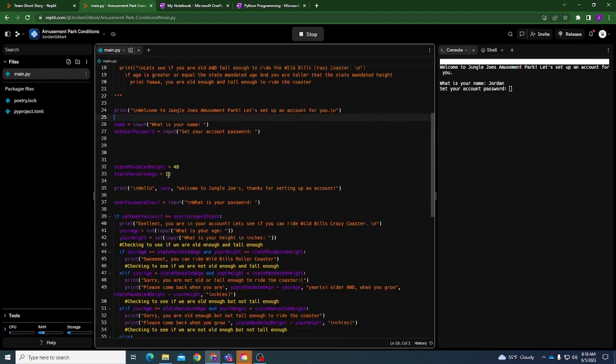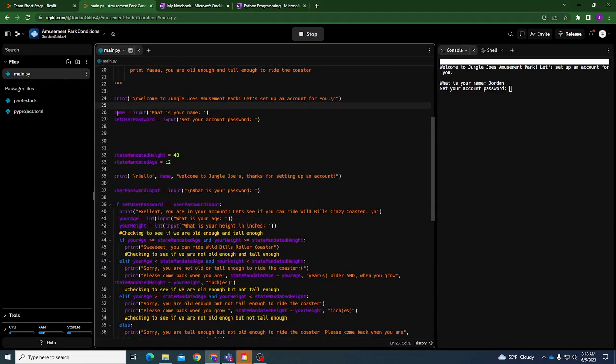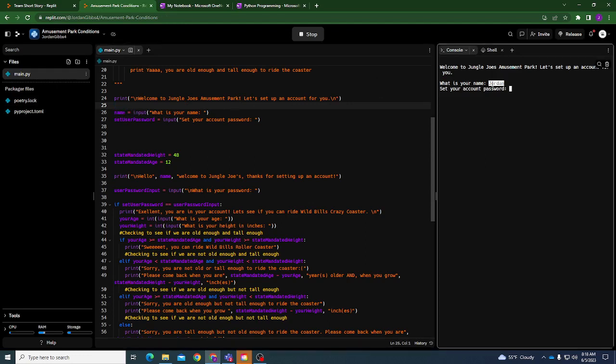Now it says, what is your name? Input, what is your name? Name is a variable, and we set the variable equal to input. So I put in my name, Jordan, and hit enter.